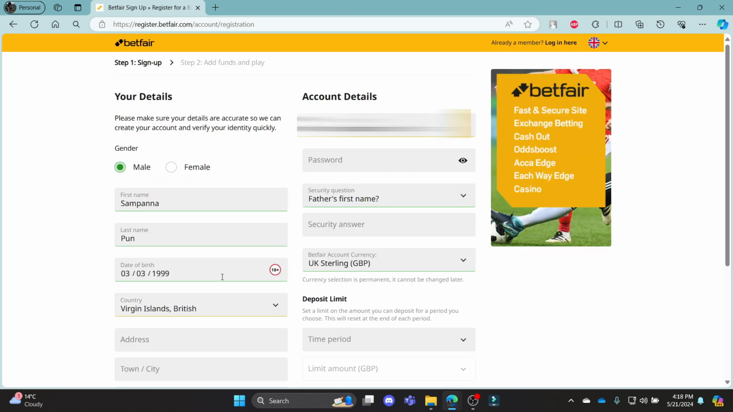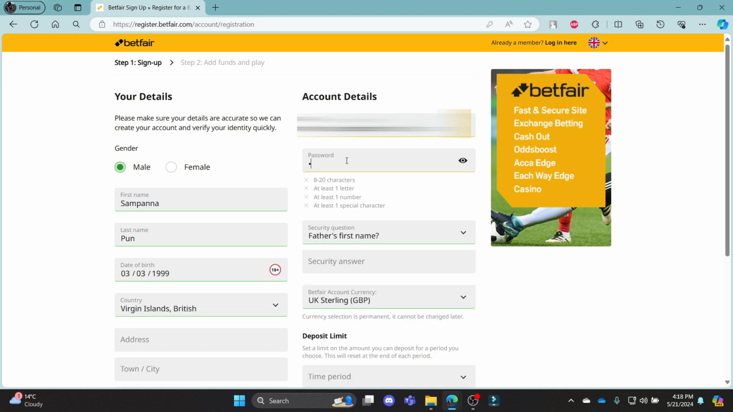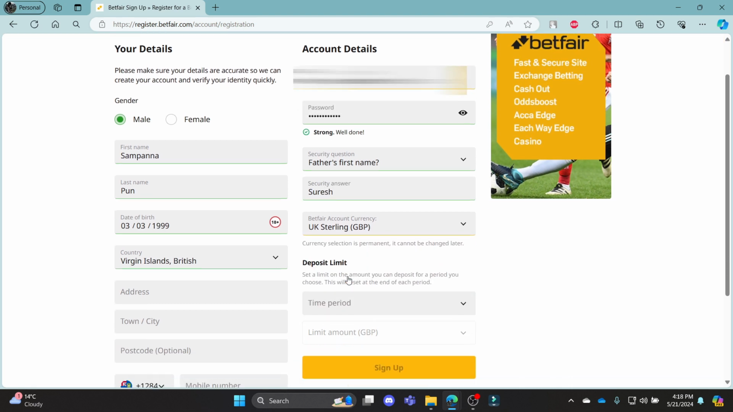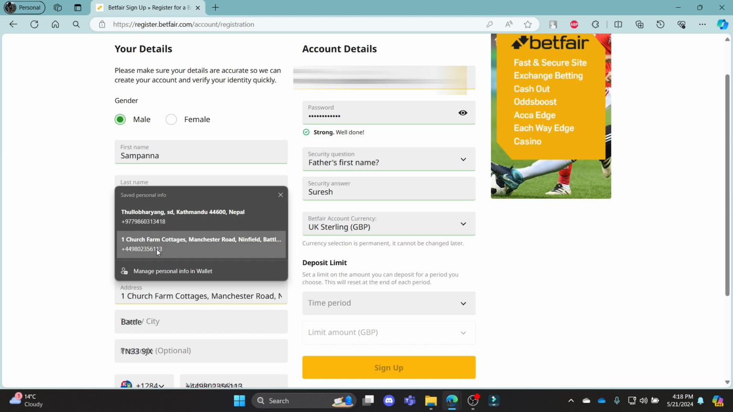So after you select your country, write down your email address and write down your password in this box. After you write down your password, you can choose a security question. So choose a security question of your choice and then select your currency. Then you can select your